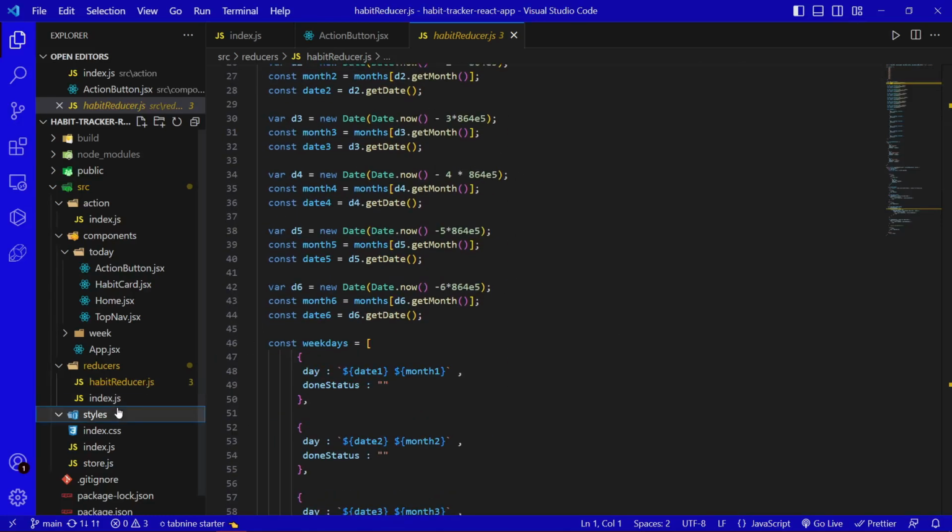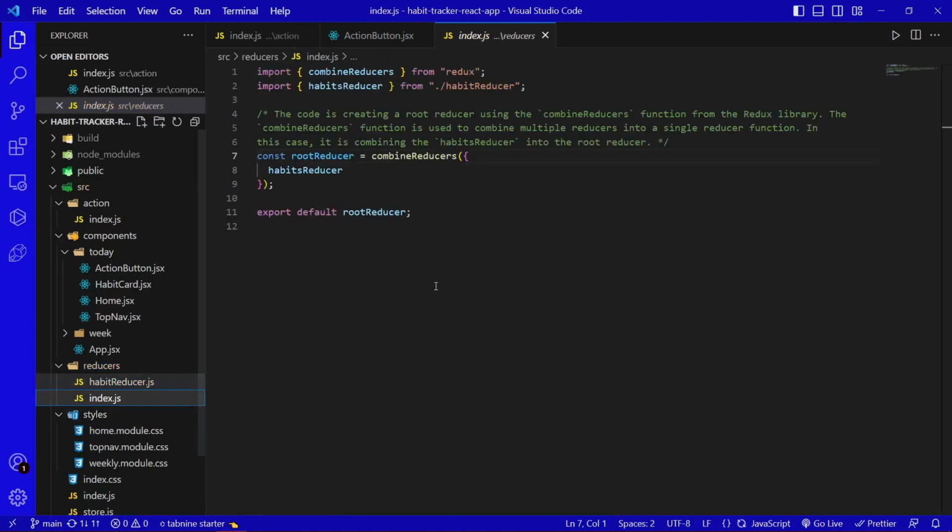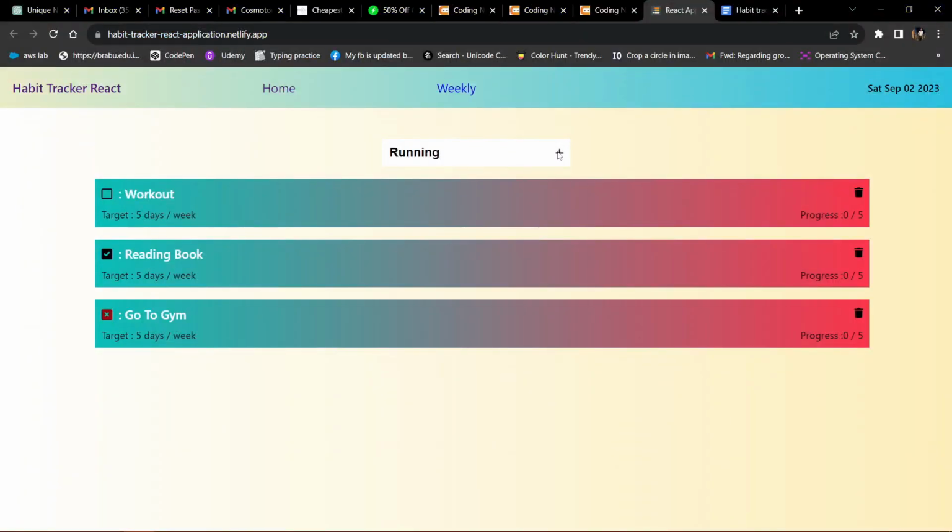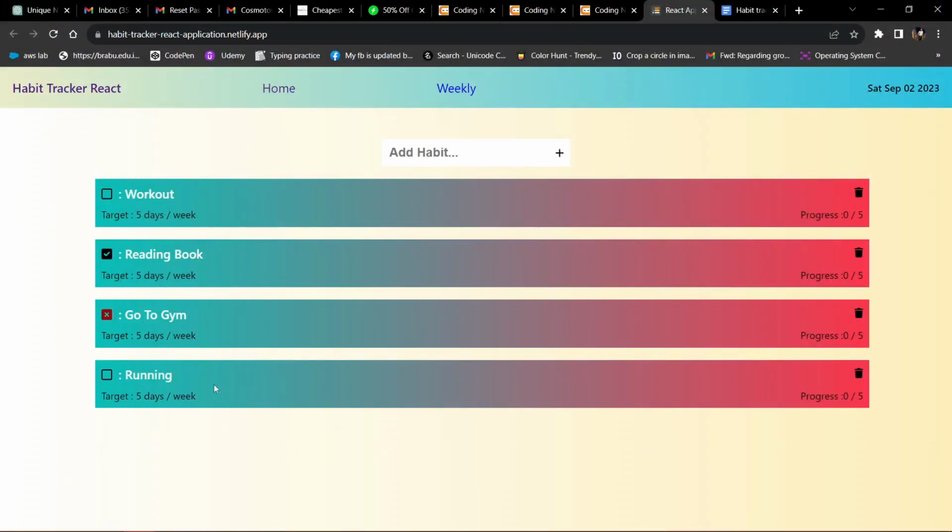Then the index.js file: this code creates a root reducer using the combineReducers function from the Redux library. Then all styles on the plus icon, add your